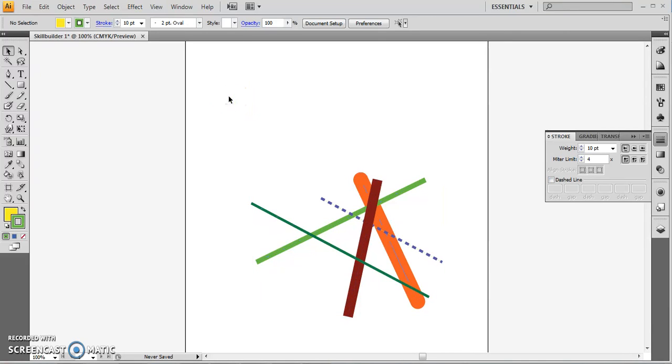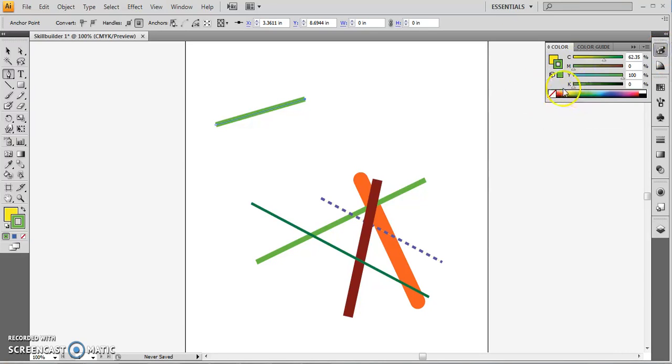Now I want you to make another line that's close to the group but separate. So we're going to go to the pen tool, click once, click again. You can see it's taking my defaults. So I'm just going to go to the color over here. I'm going to choose a new color so I can see that it stands out. And then with this,